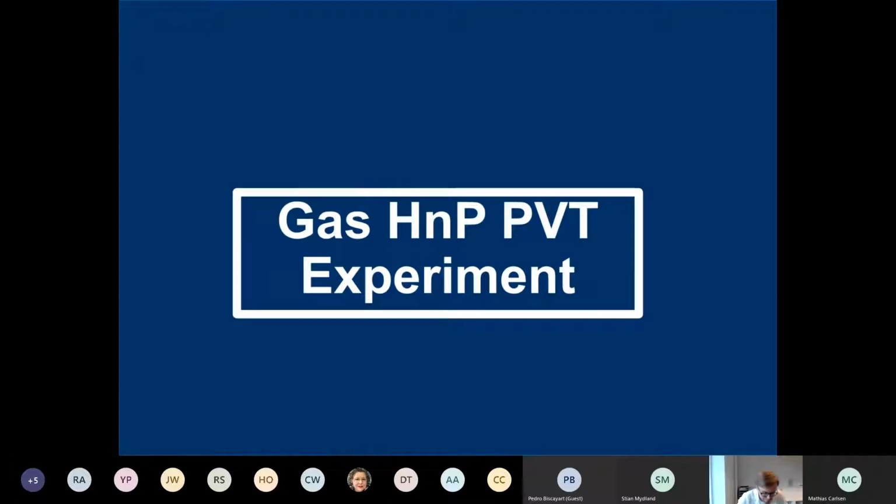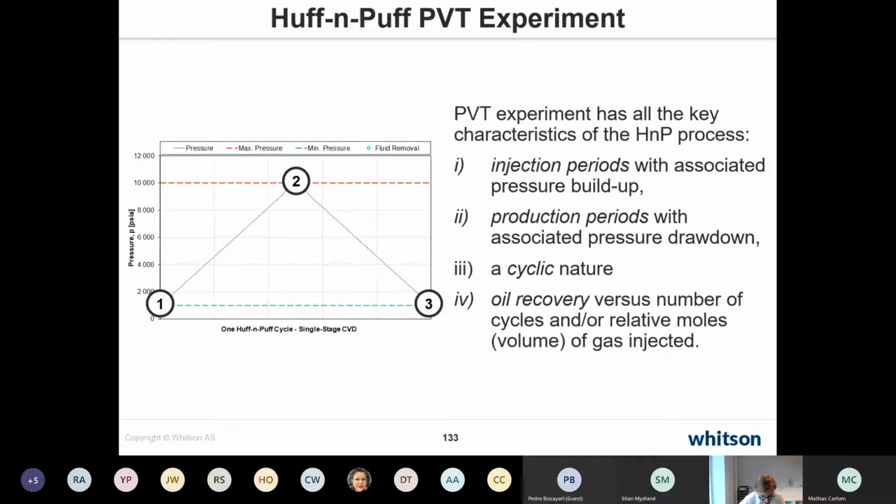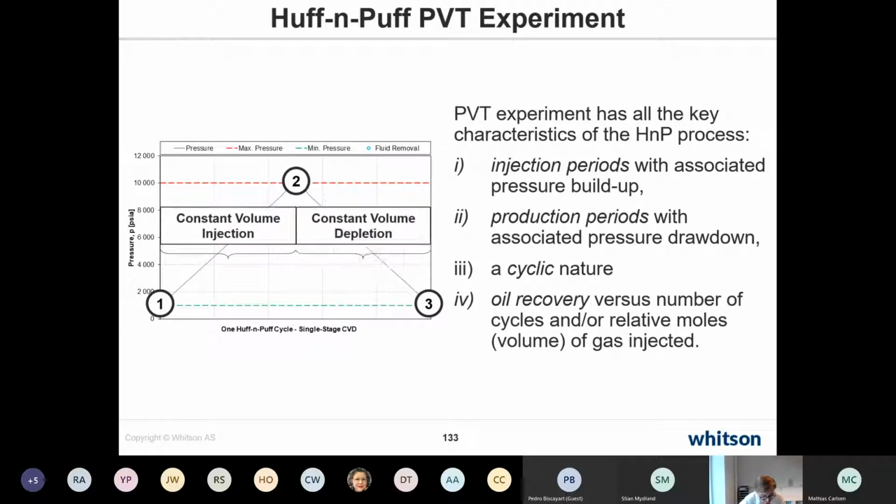Good. So what this section actually covers is, after some mixing process has occurred, you actually have injection gas and reservoir fluid that's able to contact what is happening at that point. And we talked about that earlier, where we had this gas HnP PVT experiment, where we essentially combined a constant